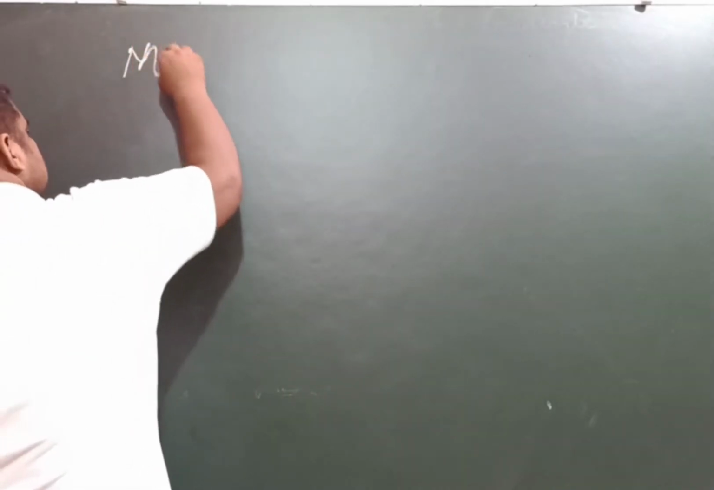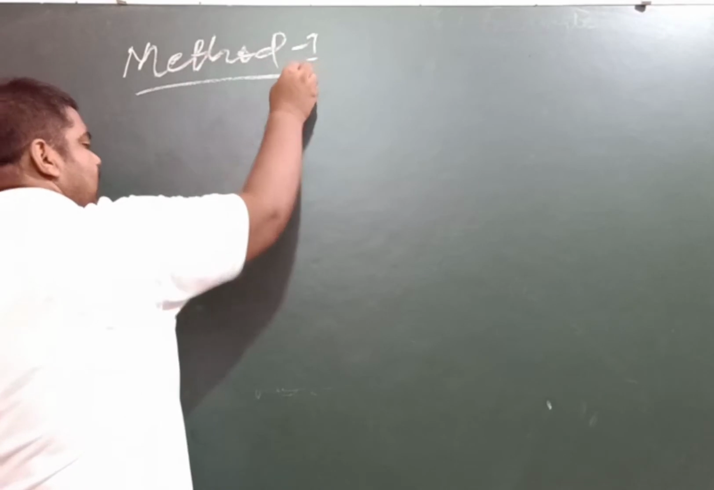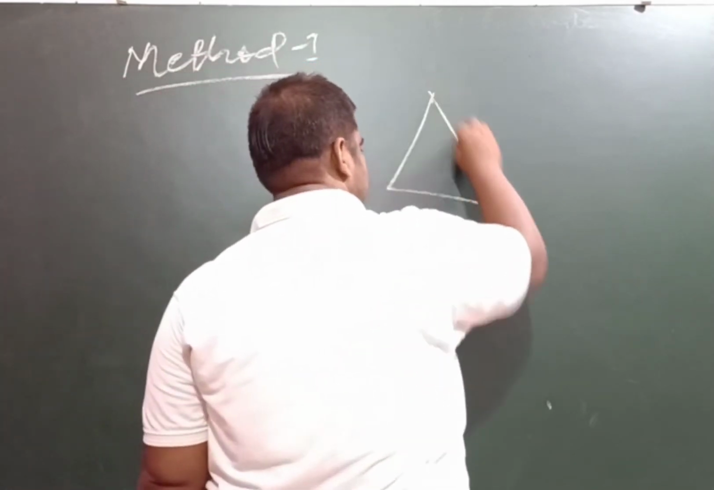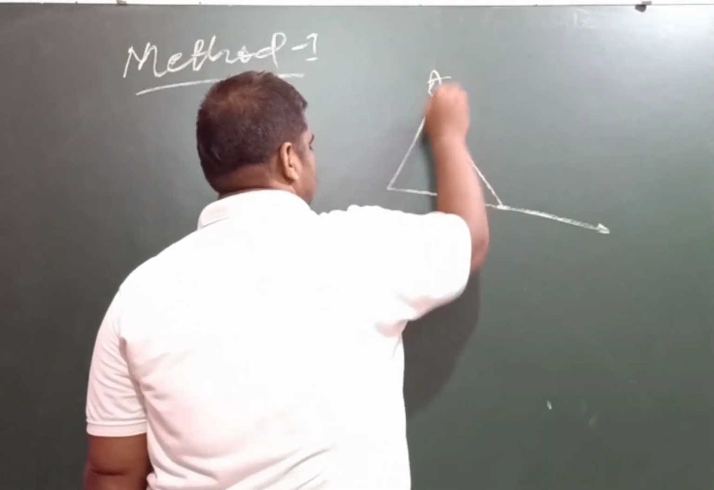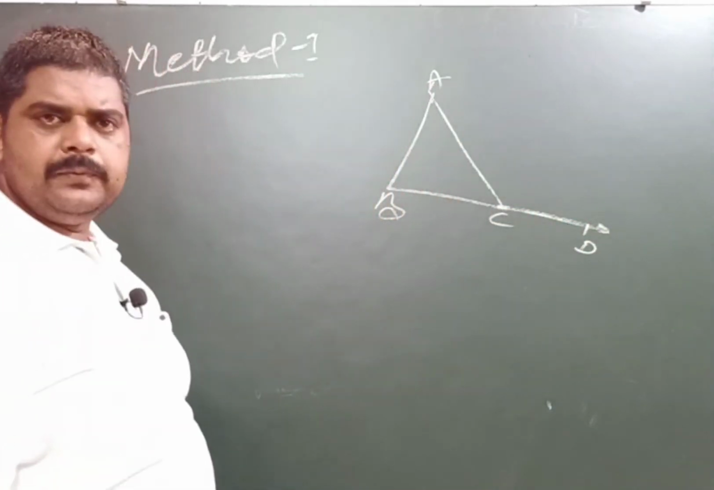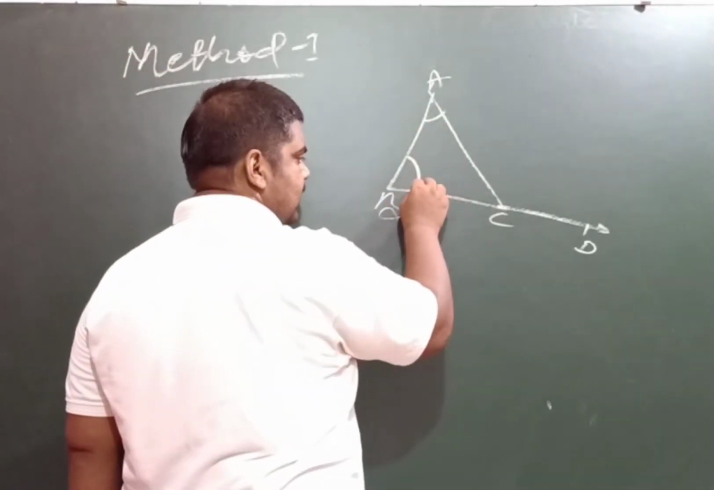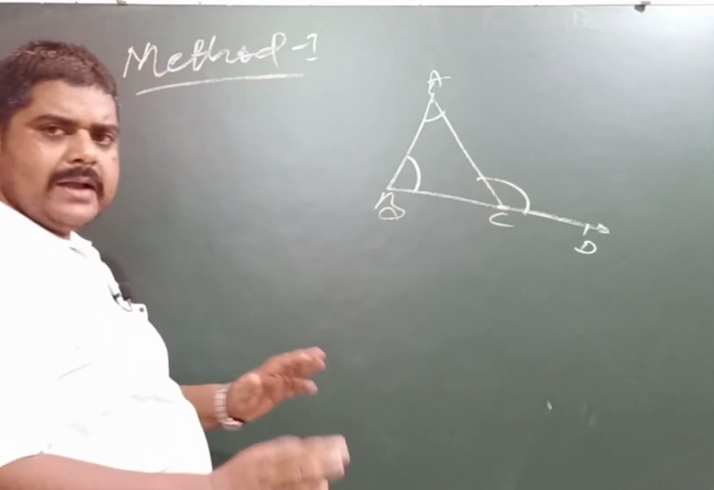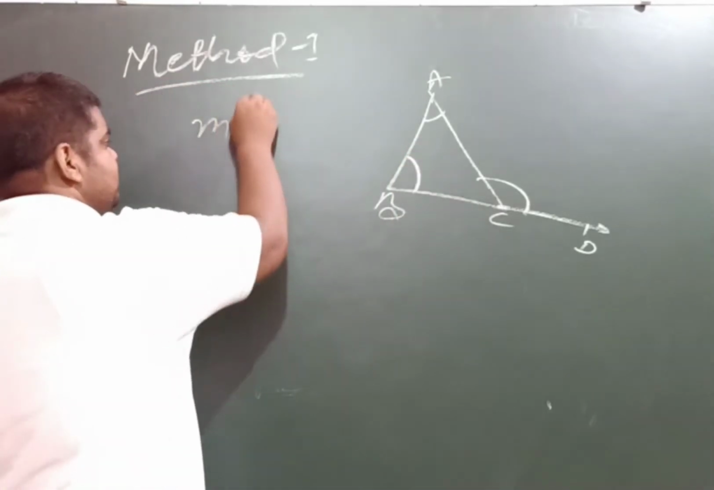It can easily be proved by various methods. If you discuss the first method, then you have to draw a triangle and extend its side, and then with the help of a protractor you can measure this angle, this angle and this angle. With the help of the protractor you can easily find the magnitude of angle